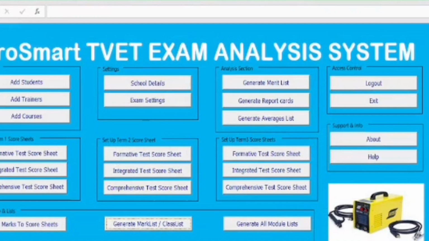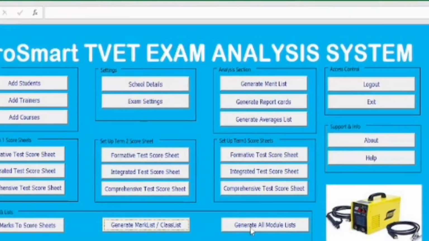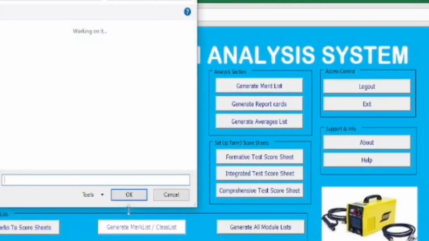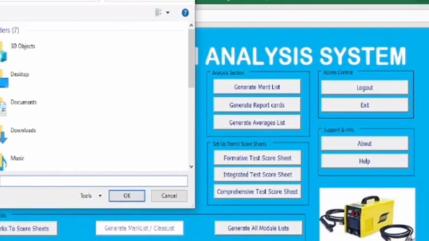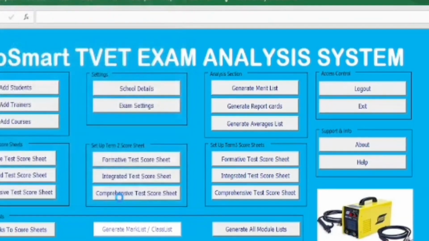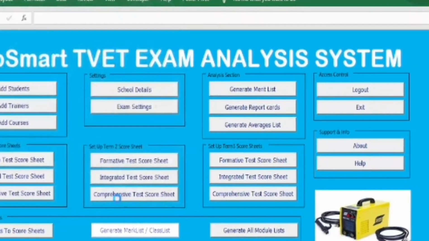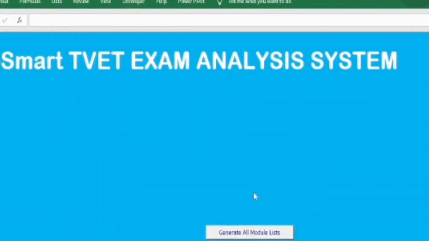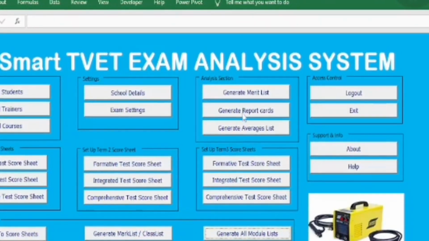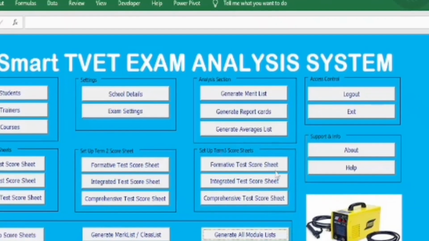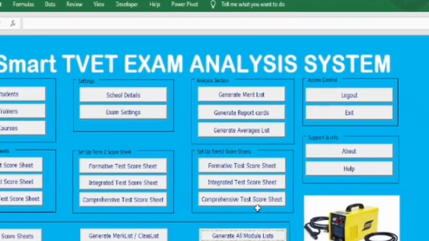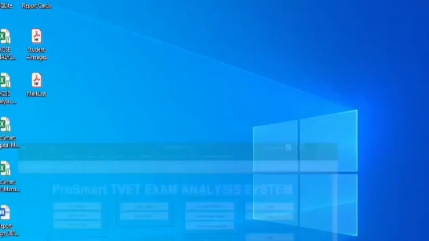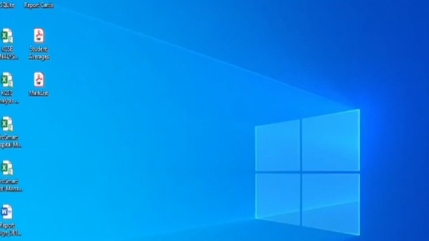Then here you can generate all modules, the all module list. If you want to see the courses, you just generate all lists for all the modules at once without traveling. So you can see all of them have been generated. Okay, so you can see how this system is very nice. So already we are through, but I want us to just minimize it and then have a look at the